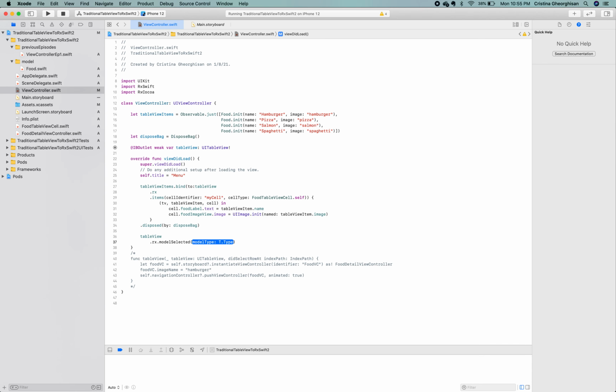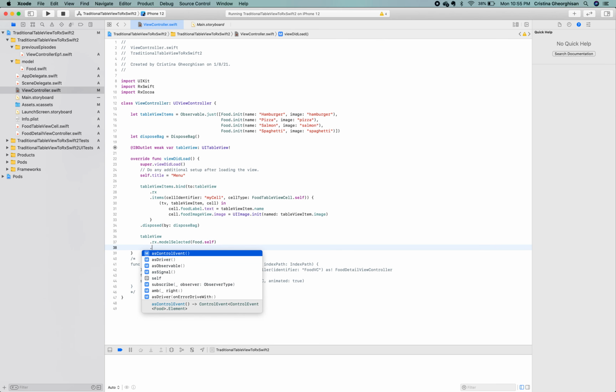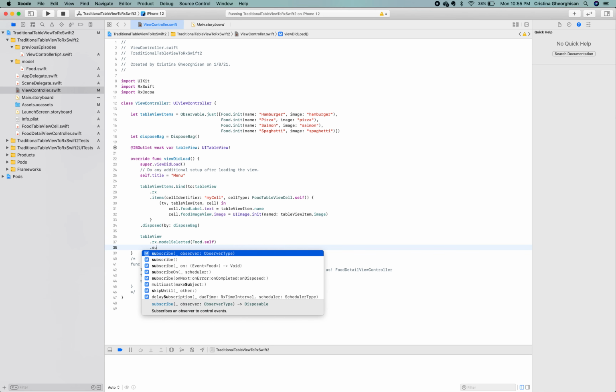It requires a model type, meaning the model that will be used to display the rows in our table view. And you guessed it right, we put here Food.self. This is an observable, so we need to subscribe to it using the subscribe method.